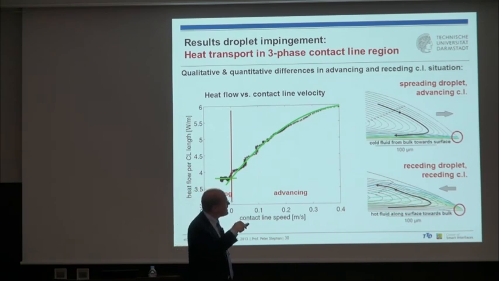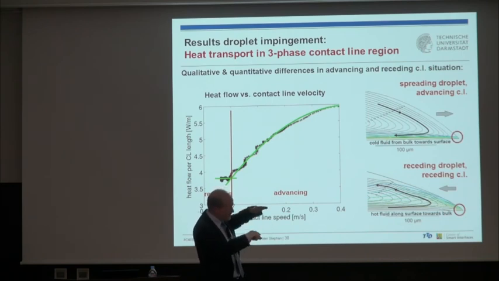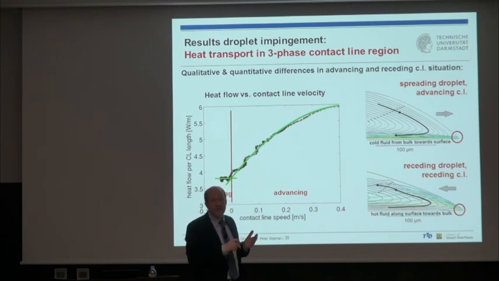In the advancing contact line situation, from the numerical results, we see that we have such a flow. So we bring cold, subcooled fluid from the bulk of the droplet into the contact line area. And this presses down, these colored lines here are the isotherms, constant temperature, the thermal boundary layer at the droplet base. This is the wall here, and this is the droplet. That means you have very high heat fluxes here, but you have no evaporation. So this goes into heating up the droplet, into sessile heat.